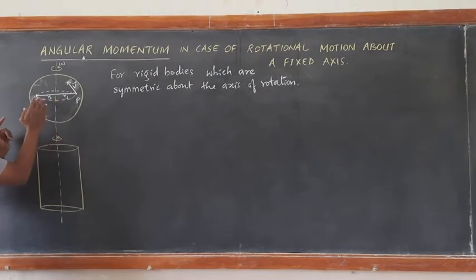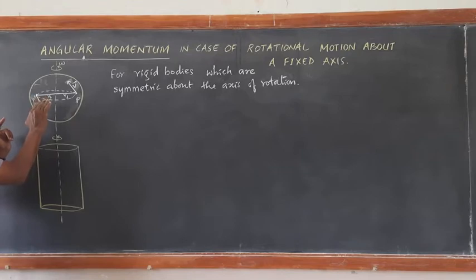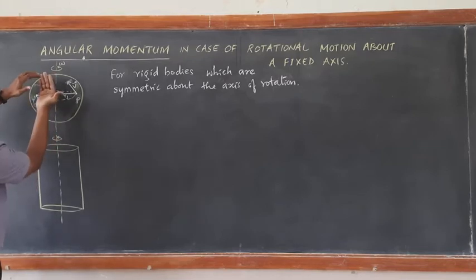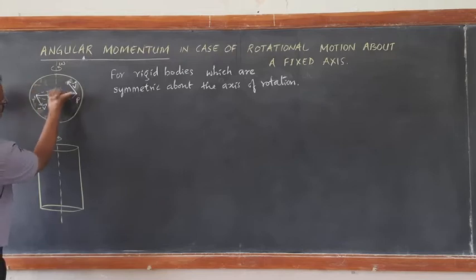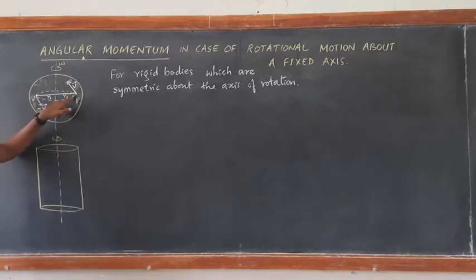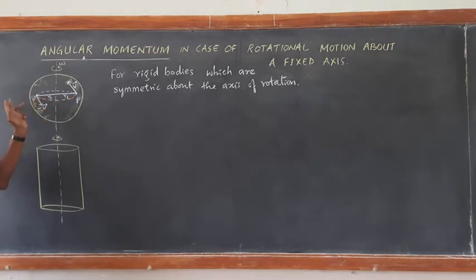If you just hold it like this and turn it, that becomes OC cross R perpendicular. So OC cross R perpendicular is exactly in this opposite direction. So L perpendicular due to one particle cancels L perpendicular due to the other particle which is